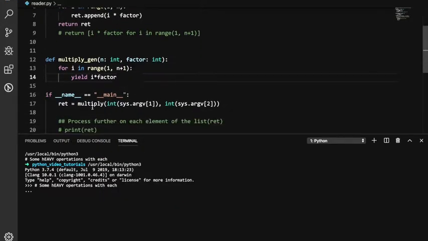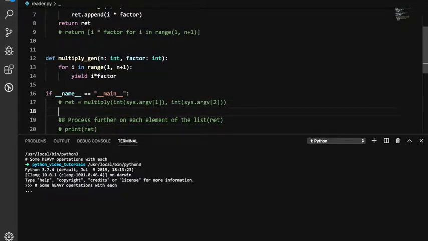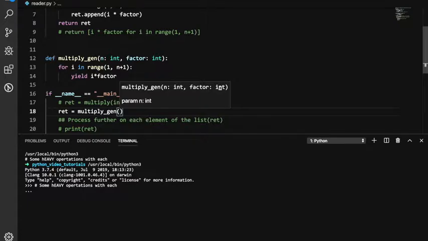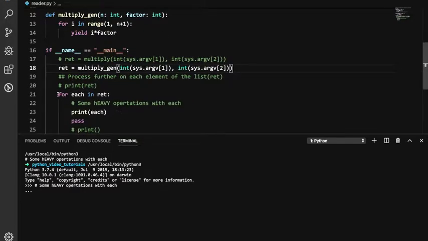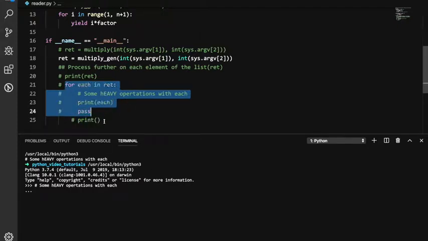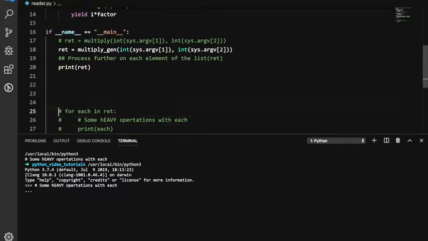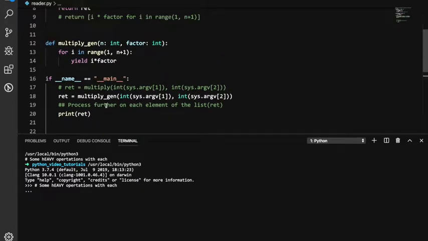That's it. Now let me comment this out and call the multiply_gen with the same parameters that I used. Now let me comment this out and just print the return. Let's see what happens if I print the return only up to this. If I run this,